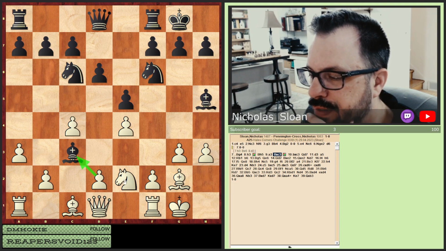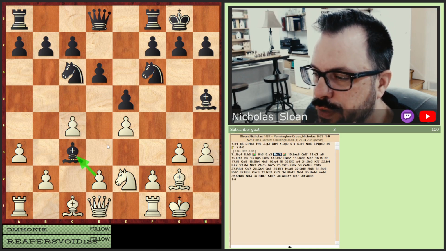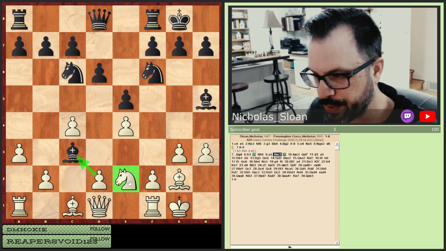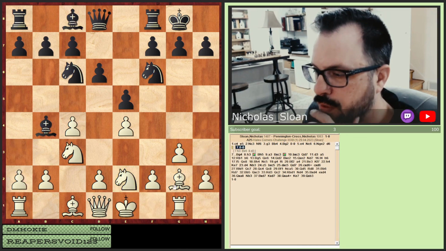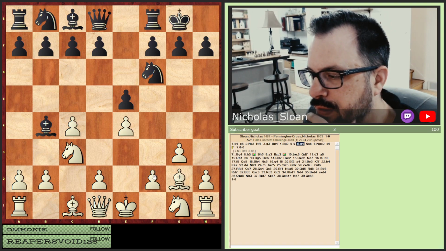And you get this interesting pawn structure that is really difficult to break in. The idea is that this is before this knight's even developed. Let's go back. A lot of times it is